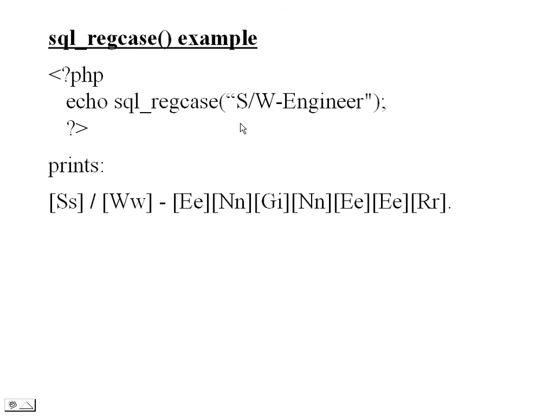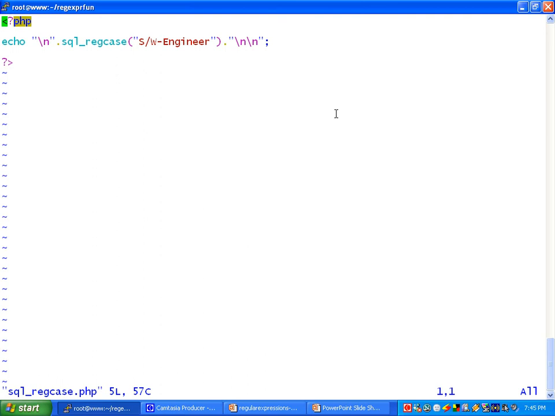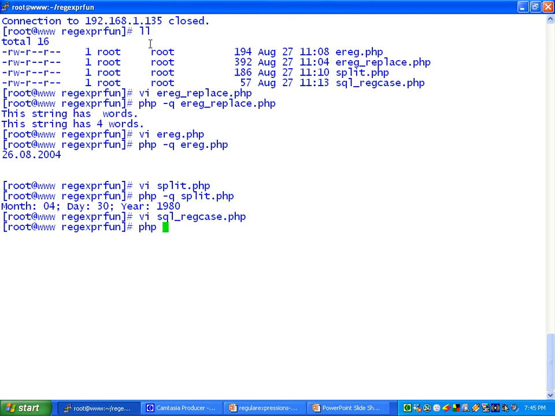That means if we have a string such as "software engineer", let us take this and execute this example. In this example, it will convert the given string so that each alphabet character has its capital and small forms, and other characters remain unchanged. The regular expression representation is like this.